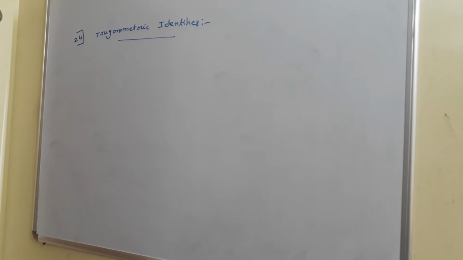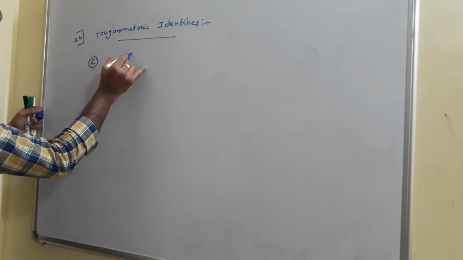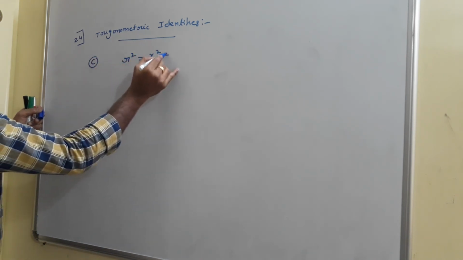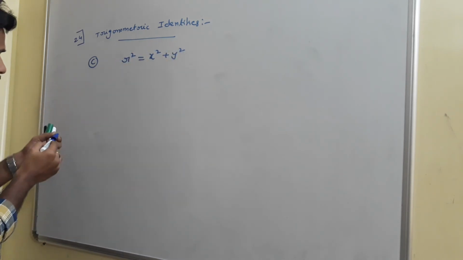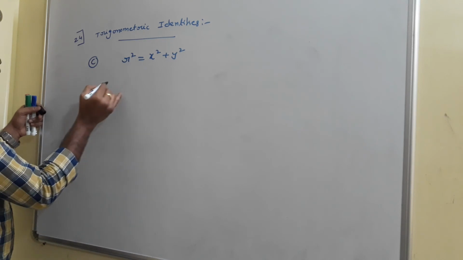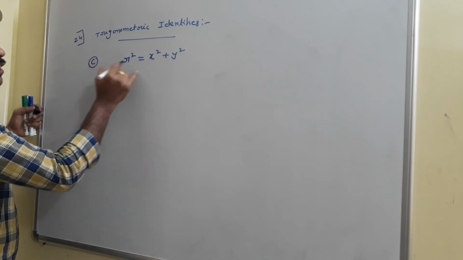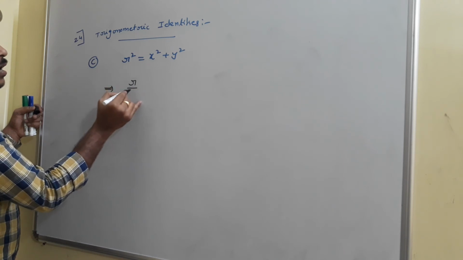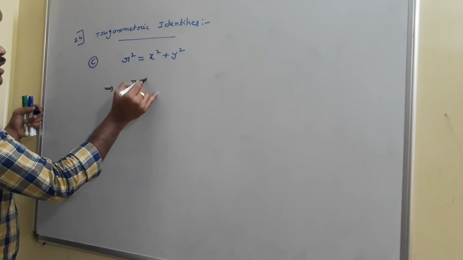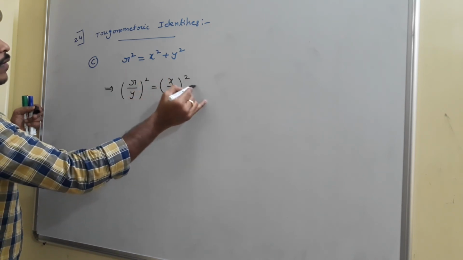For the first identity in A bit, we divided the Pythagorean result with r square. And for the second identity in B bit, we divided everything with x square. And again, if you start with the Pythagorean relation and now divide everything with y square, as we mentioned in the previous two bits, it becomes (r by y) whole square is equal to (x by y) whole square plus 1.